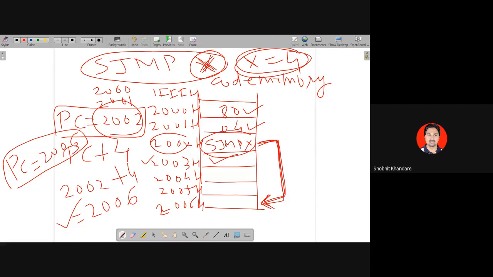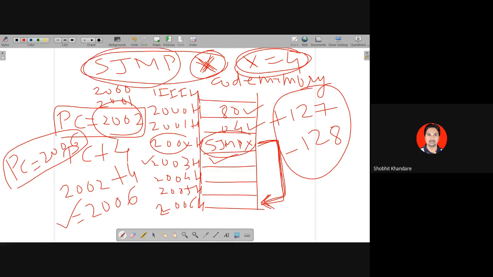Relative addressing में यही इंपॉर्टेंट होता है कि relative addressing में हमेशा ऑफसेट मेंशन किया जाता है, और आपका ऑफसेट इज इन द फॉर्म ऑफ लेबल, okay. The offset is a signed number, and I can go from plus 127 to minus 128. तो ये रेंज में मैं जंप कर सकता हूँ, कहीं पे भी, by using the instruction SJMP followed by label.